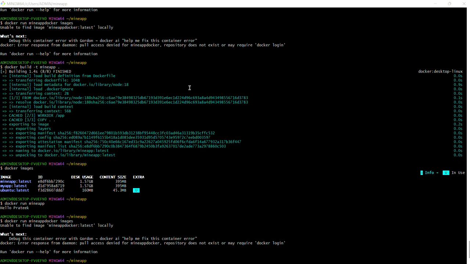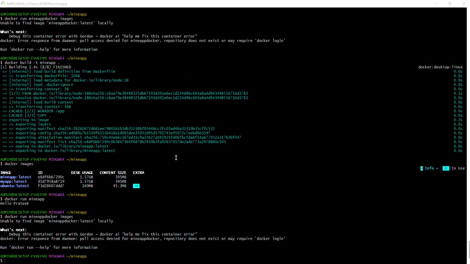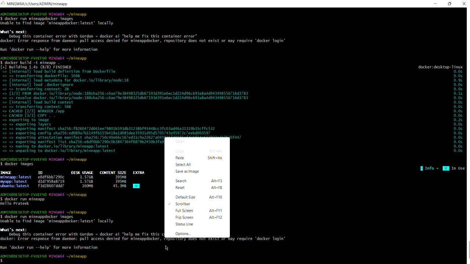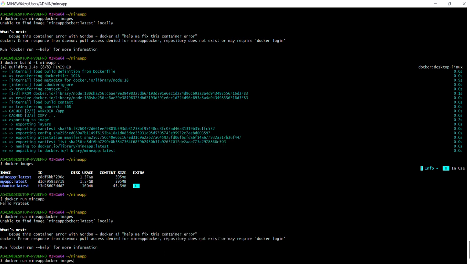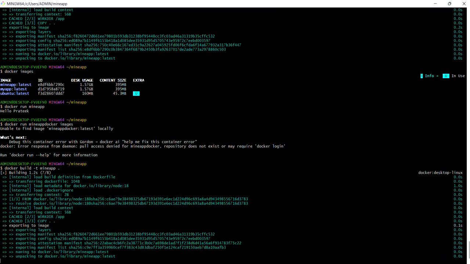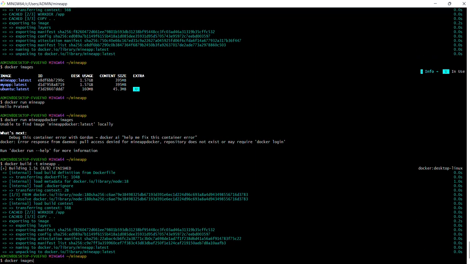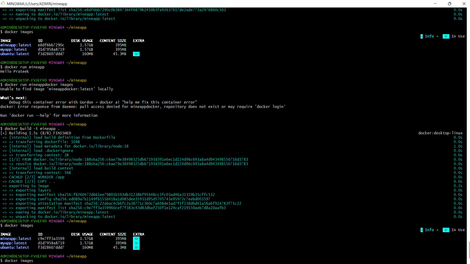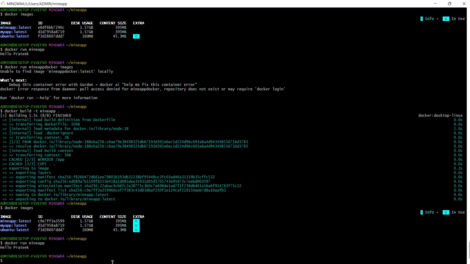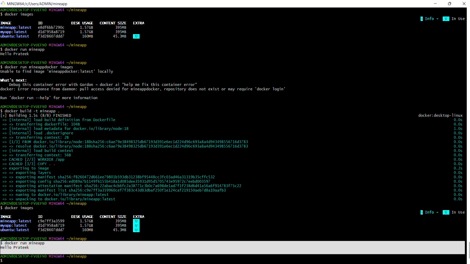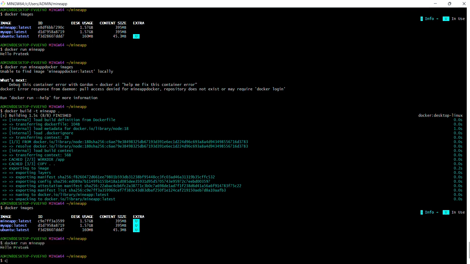So we will go with this command, guys. Docker build, then docker run my app. Okay, done. Then we will go with docker image. We are going to find out so many images are there. Now I will run this, and I will get hello Pratik. I am getting it, right? Yes, because we need to check whether the image is there or not. Got it.